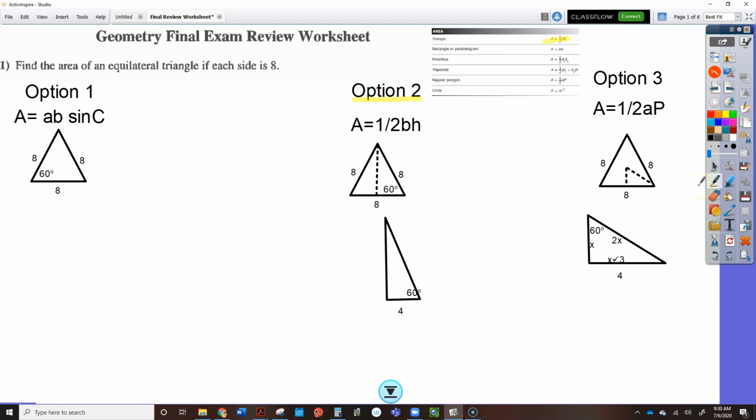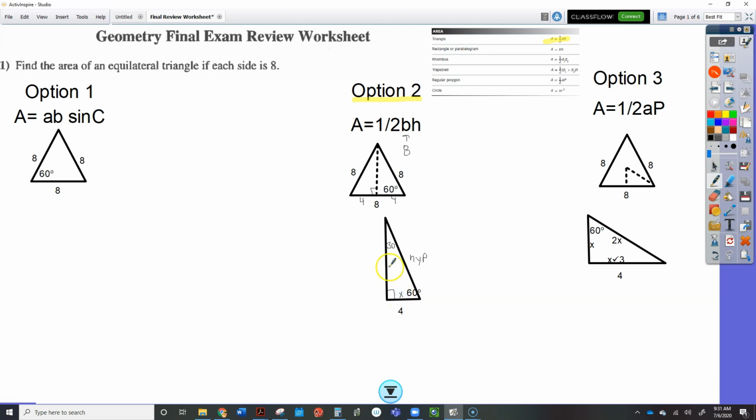We have all three side lengths. The problem is we know this number right here is 8, but we don't have the height. So we have to draw the height in, and the height is a perpendicular bisector. So this side down here ends up being 4 because we bisected that angle, and we also made a right triangle. We know because it was an equilateral triangle that this is the 60-degree angle. So if this is the 60-degree angle right here, that means that this right here is the 30-degree. This is the hypotenuse. This is the short leg,